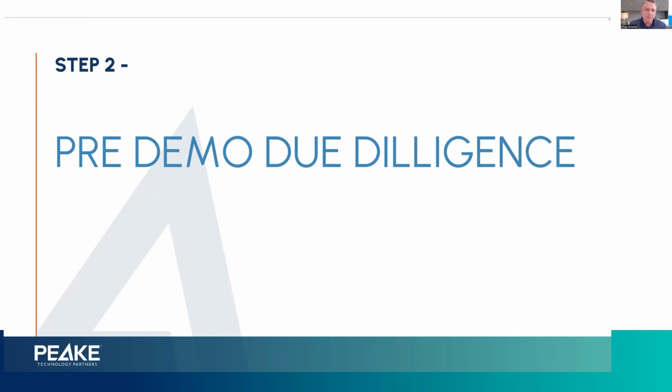Once you've asked those questions, you've defined the problem, you're ready for the change within your organization. You've talked about your error tolerance, and you've identified some products. You're going to be at the point where you're ready to engage with some vendors and see a demo. But there's a decent amount of work that can be done prior to the product demo in this pre-demo due diligence that will, in some cases, filter products out that are not a fit. In other cases, will put you in a better position for the demonstration and then also later a pilot within